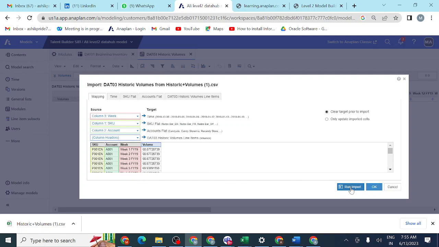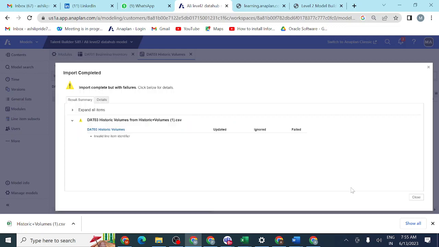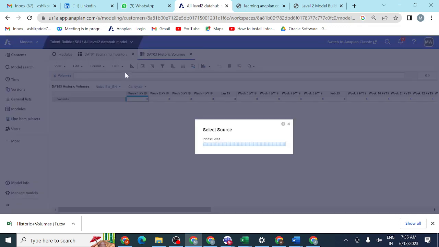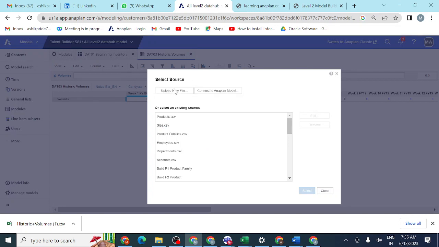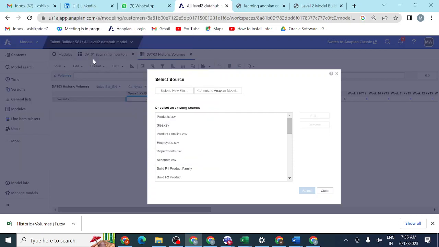Then you can click run import here. Yes, we didn't check each and every tab here, that is a mistake. First of all we should check each and every tab. Without checking the tabs, we only watched the time tab and we didn't check the other tabs.